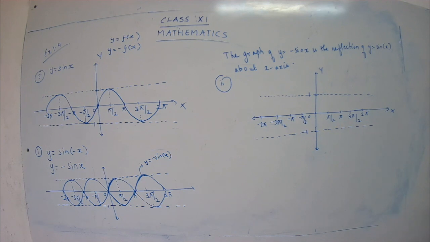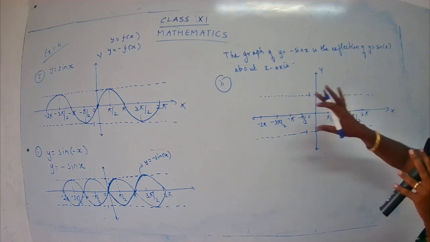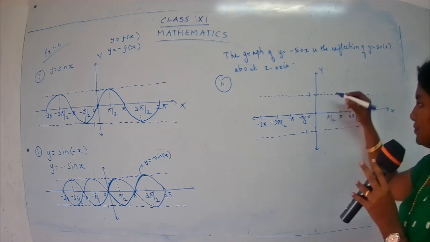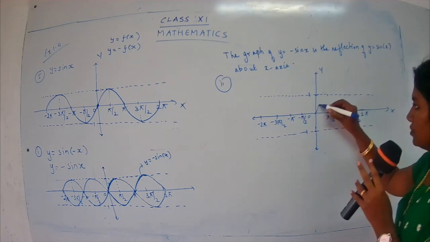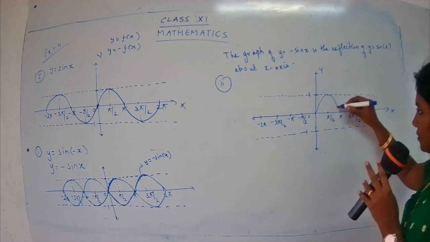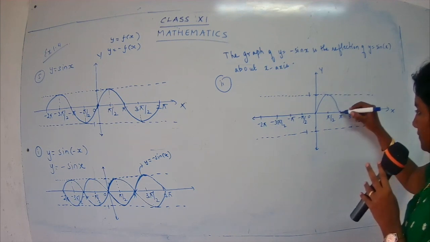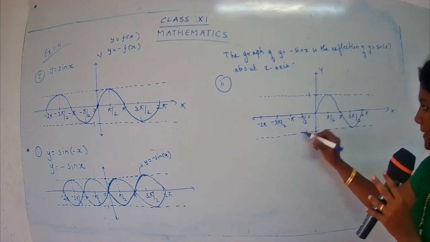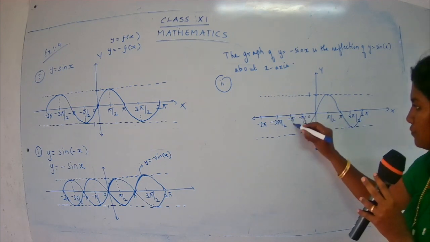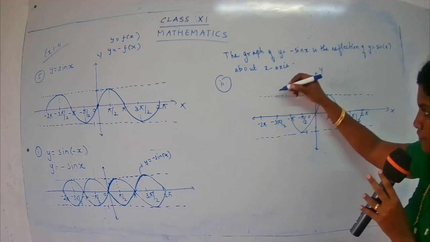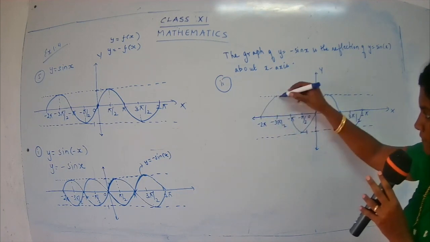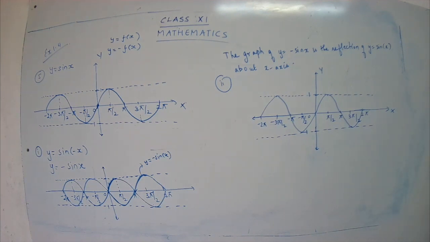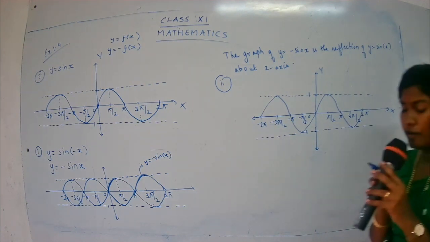Now let's go for the curve of y is equal to sin x. First let me complete the graph of y is equal to sin x. It starts from 0 and it goes here, comes down, and again it has to come over here. Here 2 pi. It will come to minus pi by 2 and then it goes to minus pi. It comes over here. So this is for y is equal to sine of x.